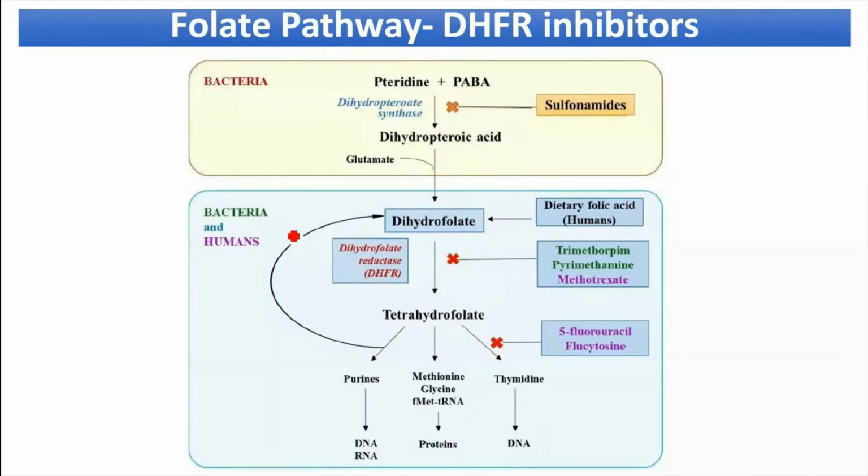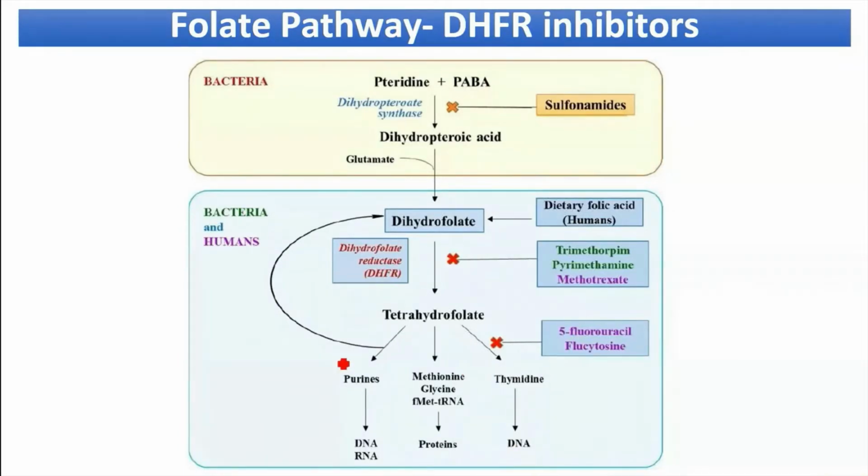So if you are inhibiting the bacterial enzyme, you have drugs like trimethoprim, pyrimethamine. If you're inhibiting human DHFR, you have drugs like methotrexate, which affects human DHFR. And this tetrahydrofolate is important because, through further transformations, it is involved in one carbon transfer, and whatever species is generated further takes part in the synthesis of DNA, RNA. It is also involved in the synthesis of proteins. It is also involved in thymidine, and thereby it is also involved in the process of DNA through the thymidylate